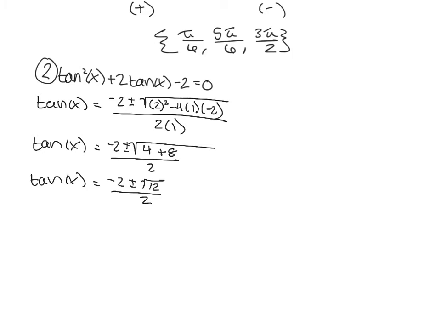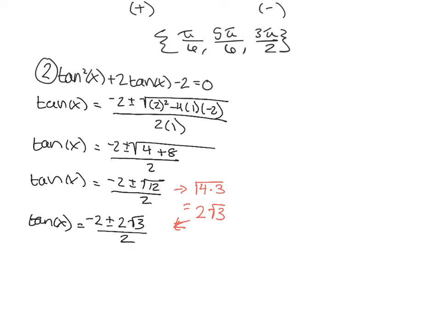And then from here, you can do some side work. I will do a little bit of side work and say that, hey, square root of 12, that's the same thing as square root of 4 times square root of 3. And square root of 4, that's just 2. So that's really going to be the same as 2 times the square root of 3. So let's bring that back into the problem. And that's going to give us that tangent of x is equal to -2 plus or minus 2 root 3